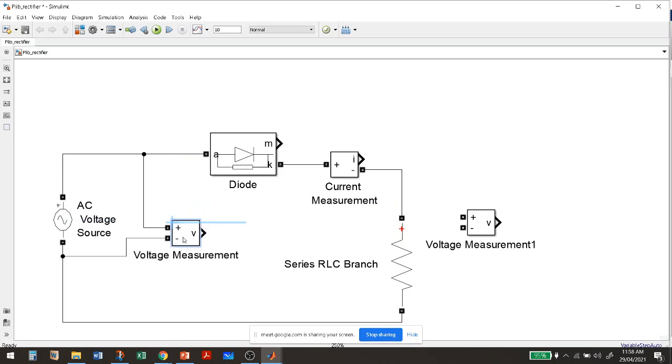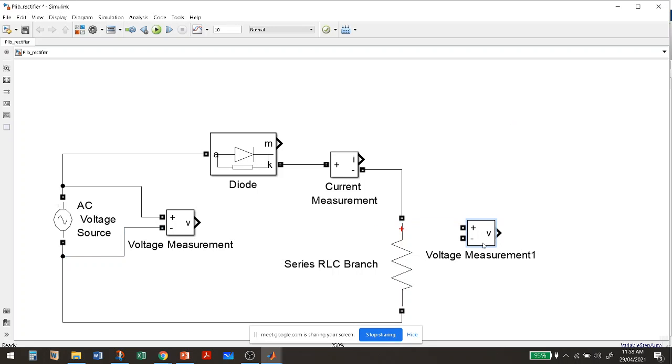I will keep it here, and that will be easy in order to see it properly. Now it will be easier to see. And then the voltage I will take across this load.